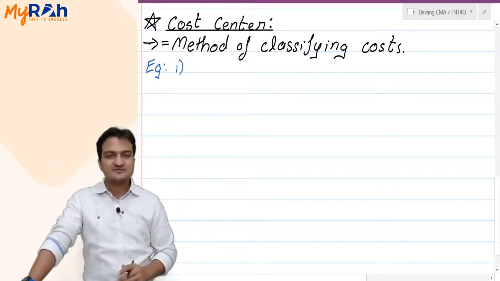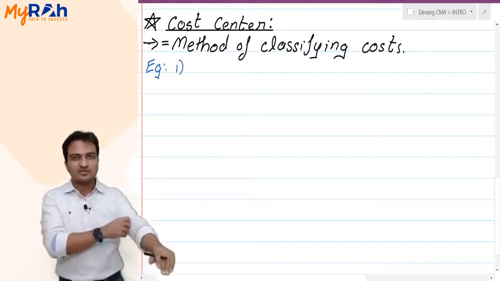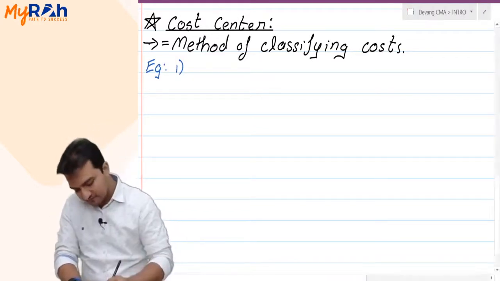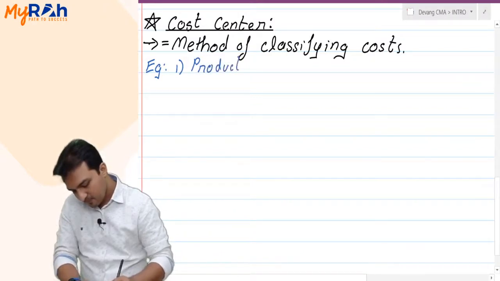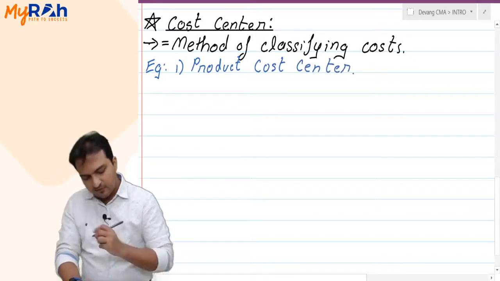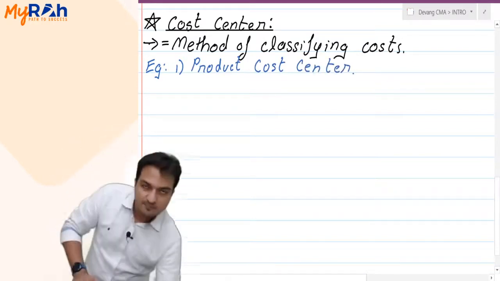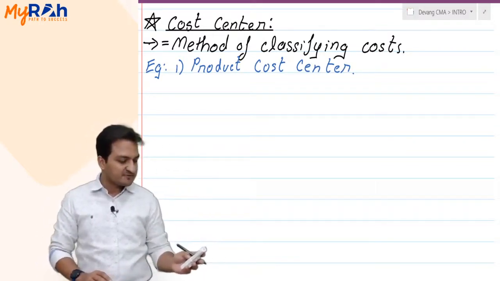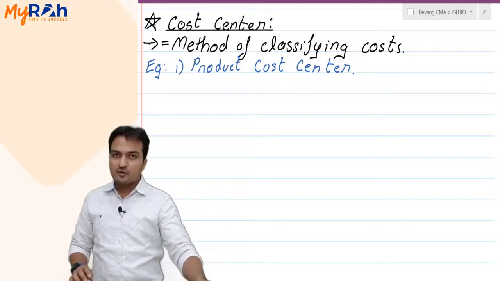Most of the chapters, most of the topics, most of our calculations, we will classify cost product wise. It is called as product cost center. Product cost center means that my cost will be classified product wise,